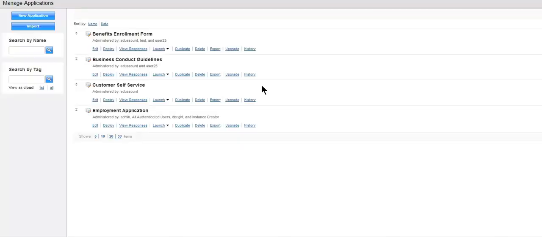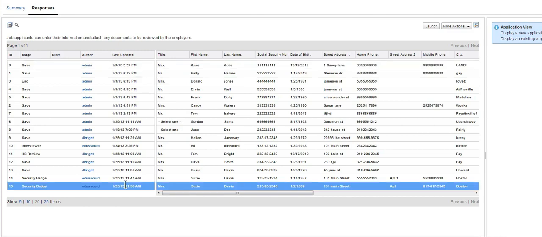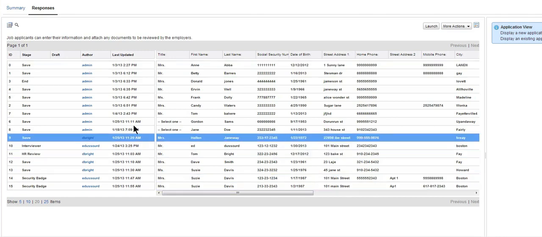When we log into IBM Forms Experience Builder as an HR representative, we have access to use and manage forms. Today, our HR representative wants to look at employment applications. So, based on her permissions, we're going to log in to view responses. And we can see that a number of forms have been submitted, and they're at different stages of the process